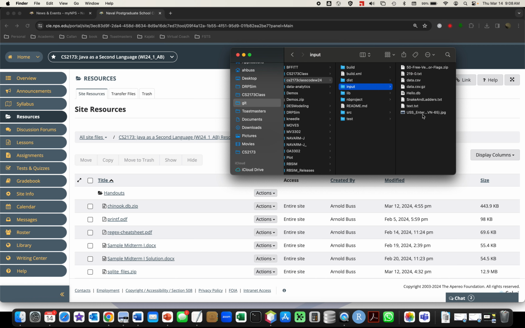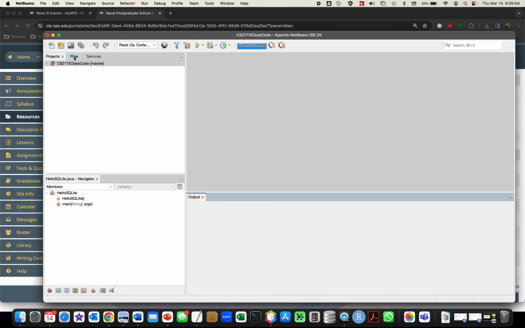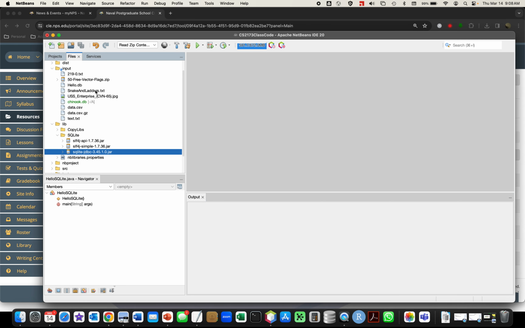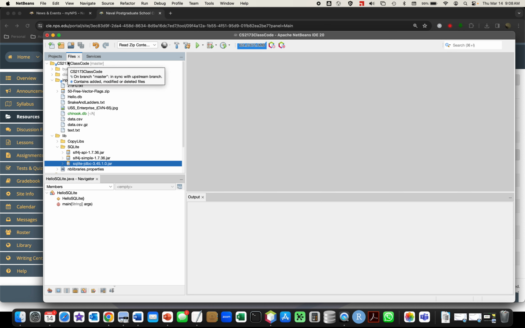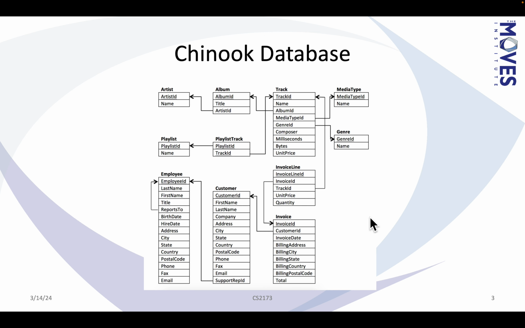What I've done is I've pasted it into the input area of the class code NetBeans project. So you can see it right here in the input directory. And it's in the input because we're going to be using it as input, not for output. Okay, so we'll take a closer